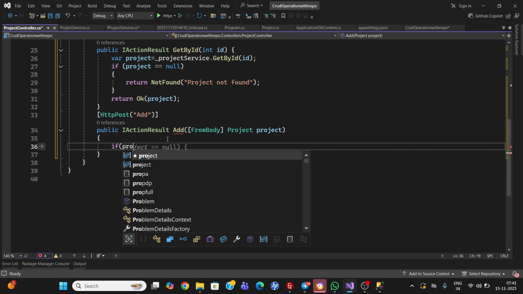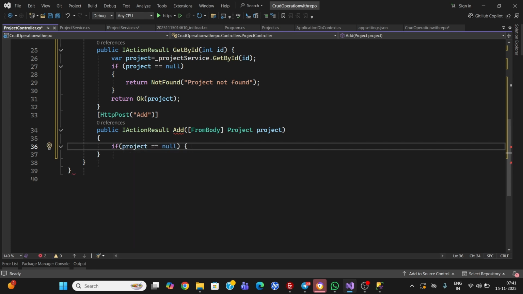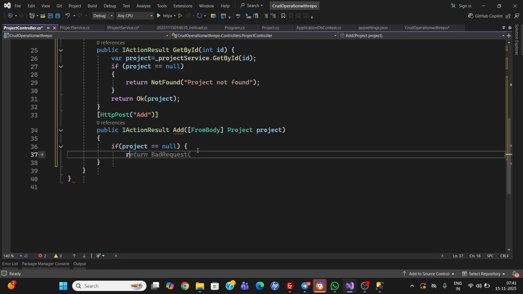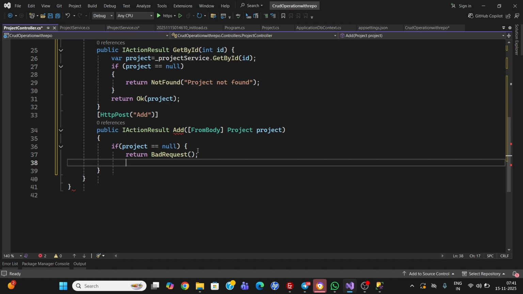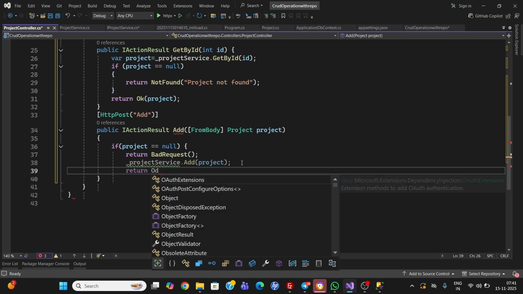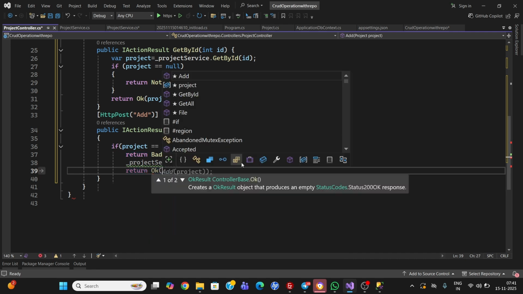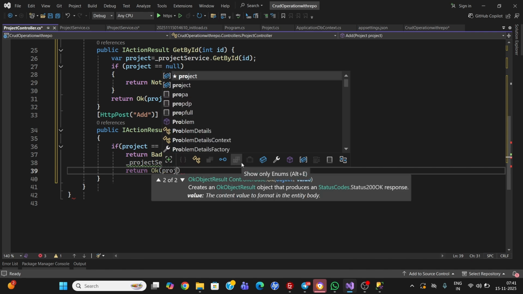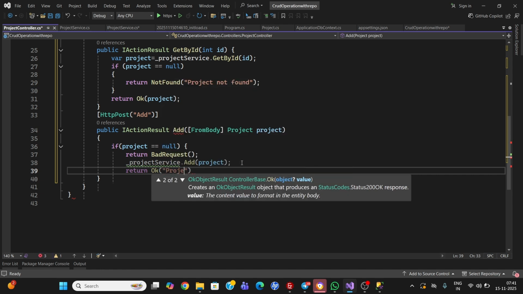If product equal to null, because if we can't pass anything from the request body, then it will return a bad request. And if we found that record, so we can add project service add, and then we can return okay, and we can pass this. We can give any message like project is added